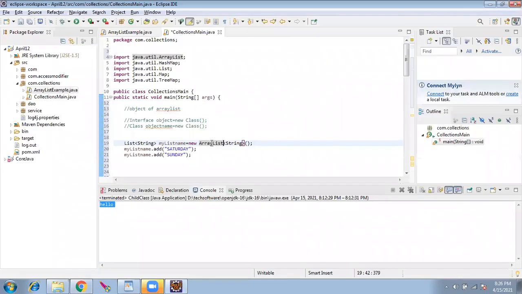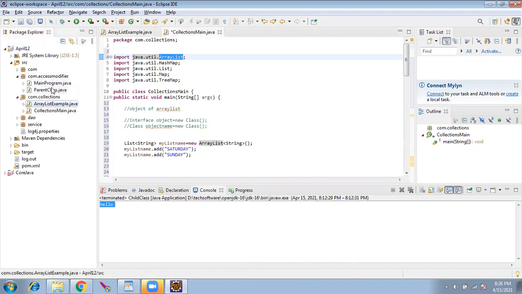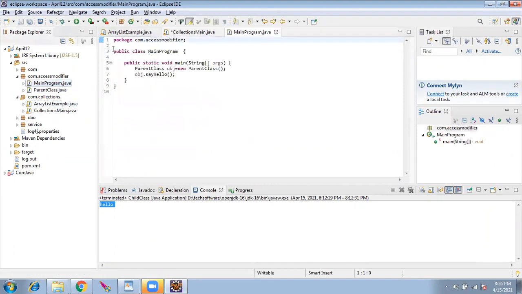This array list class is inside Java folder or util folder. This is the class name. Example, we have a class, right? We created in the previous example, a class, parent class. Where this class is, this is inside com dot access modifier dot parent class. If you see in the main program,